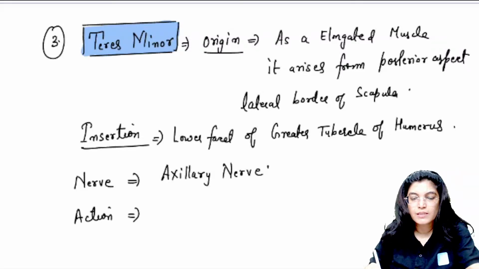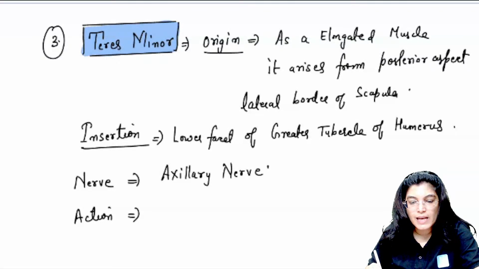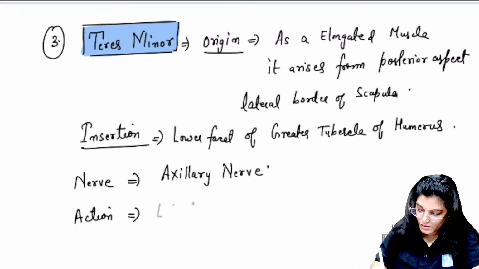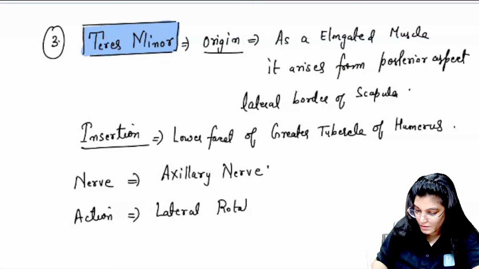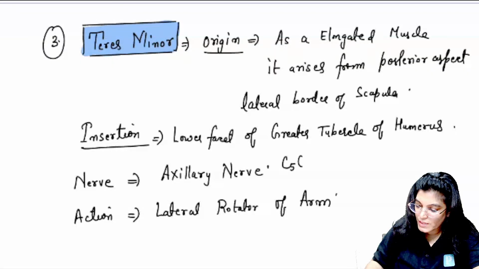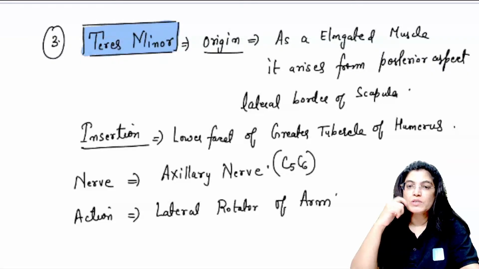The action of teres minor muscle is that it is also a lateral rotator of the arm. Axillary nerve, again, the root value is C5 and C6, and it is a branch from the posterior cord of